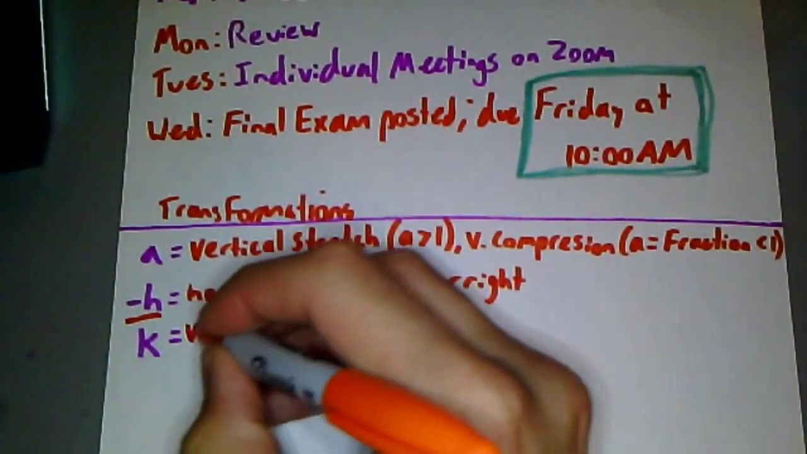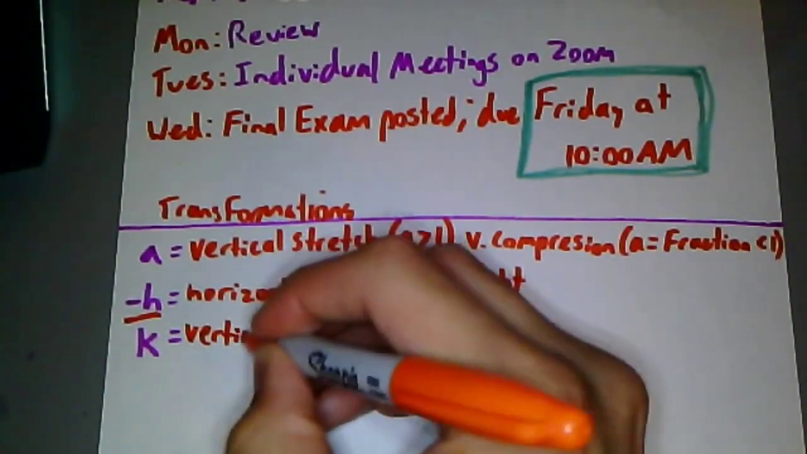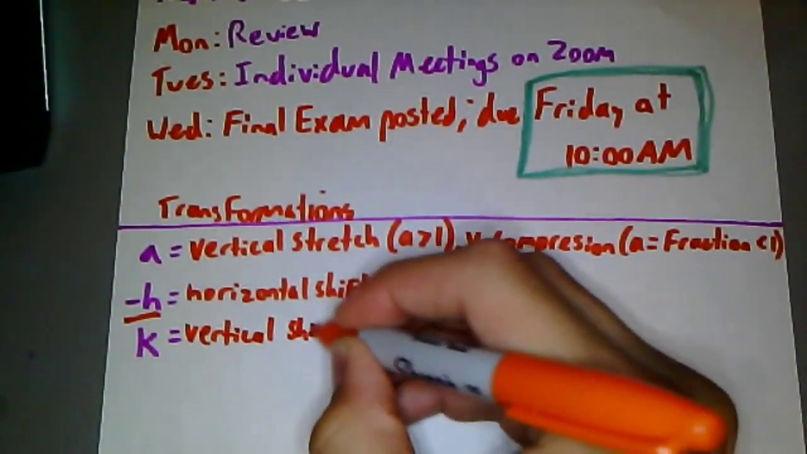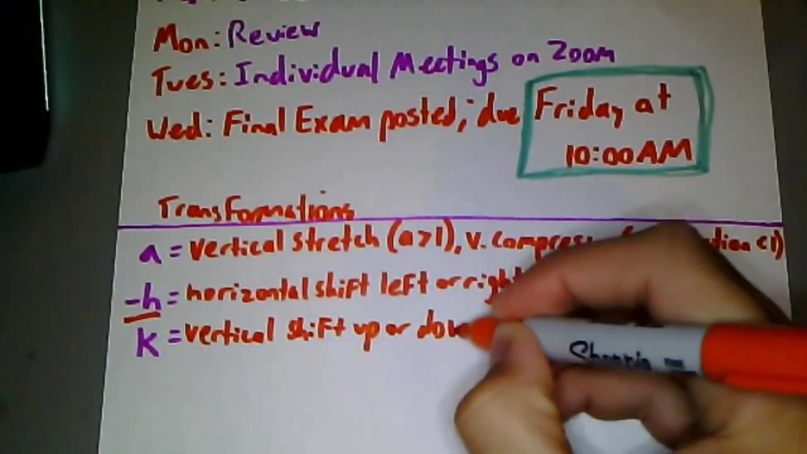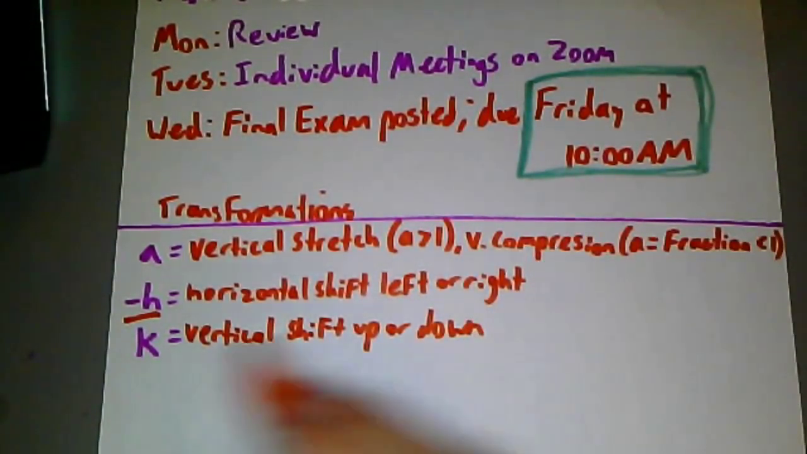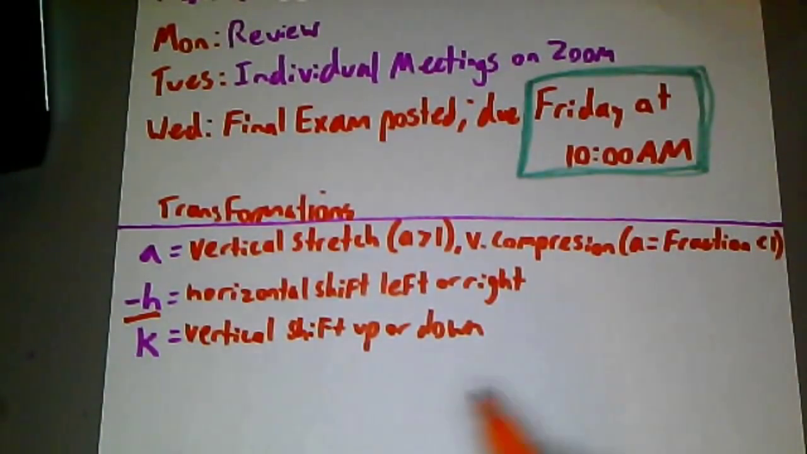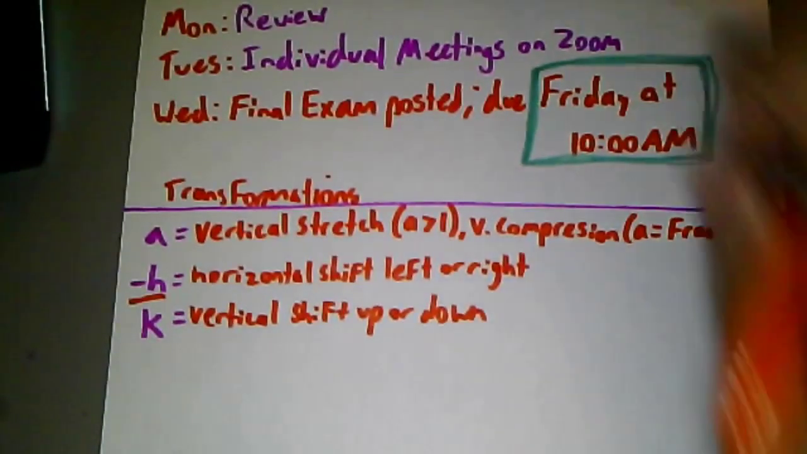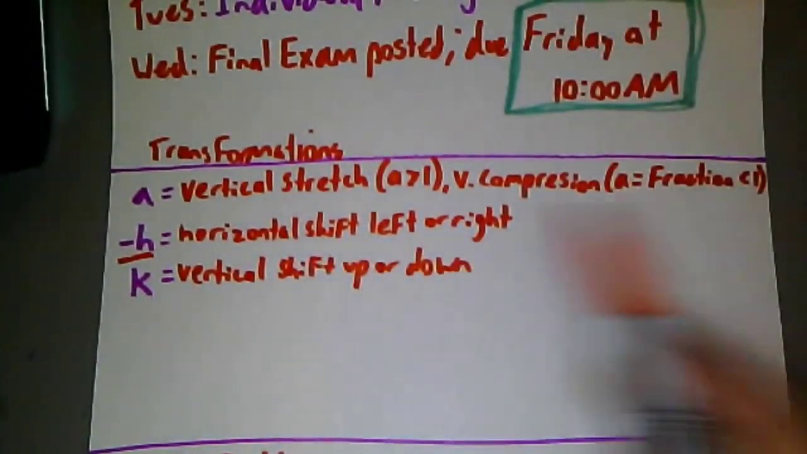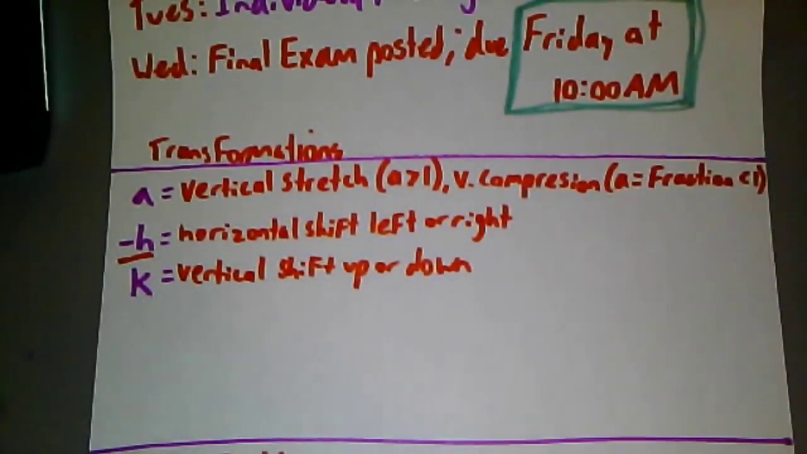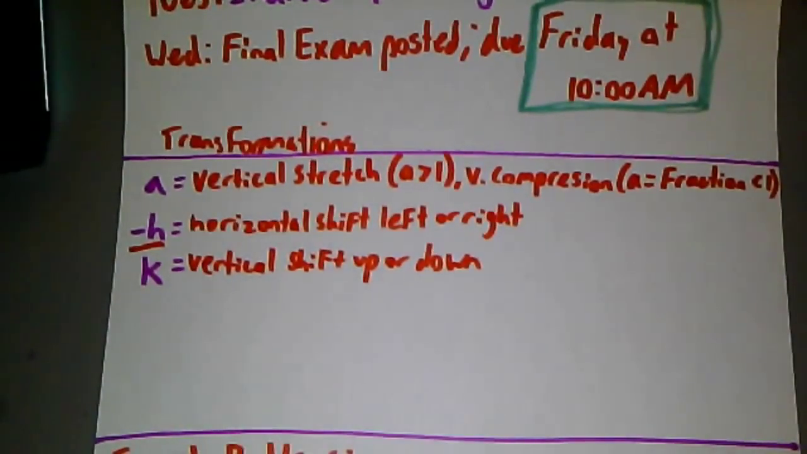K was how we determined a vertical shift up or down, and that plays by normal rules. If K is positive, it's up. If K is negative, it's down. Keep in mind, if you don't have an A, H, or a K in the problem, then you don't have to write that transformation. If you do have an A, H, or K in the problem, you do have to write it. Now the last little one I'm going to add in here